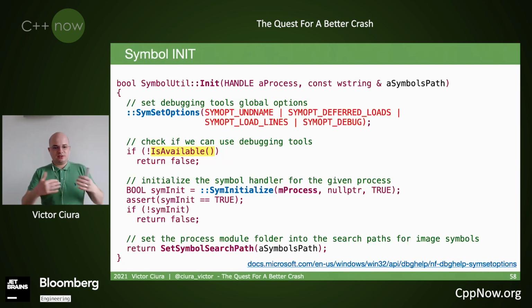And we do this SymInitialize, which is a public API from the Debug Help Library and from the Windows SDK. And from there, we just set the symbol search path. Again, the symbol search path mechanism in Windows is fairly complicated.